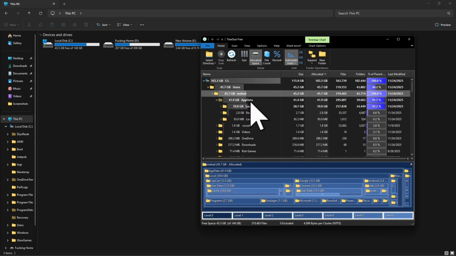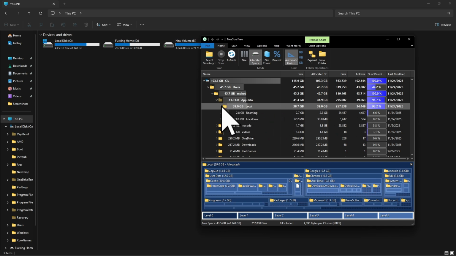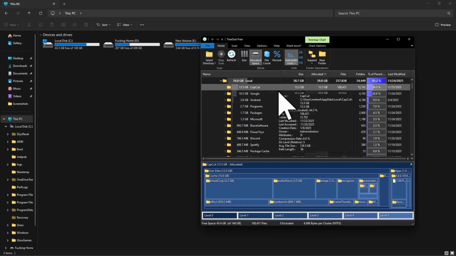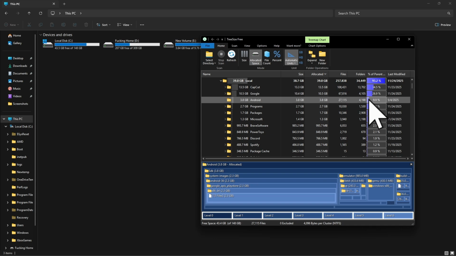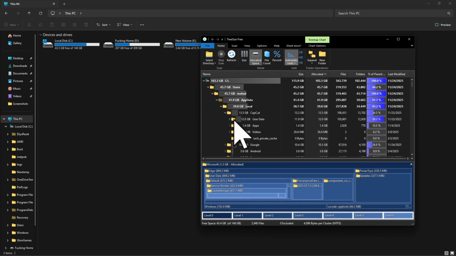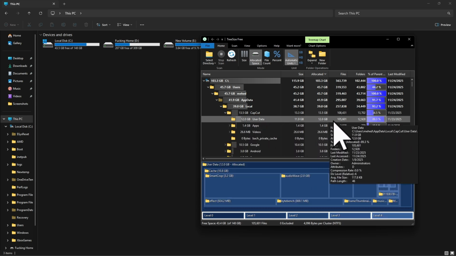So I'm going to open it, and here I see most of the usage comes from the AppData. If I open the AppData, here I get the Local folder. If I open the Local folder, we can see storage from CapCut, also from Google, and also from Android, Programs, Packages and Microsoft. We're going to go for CapCut, and here is the user data. So if I just open it,